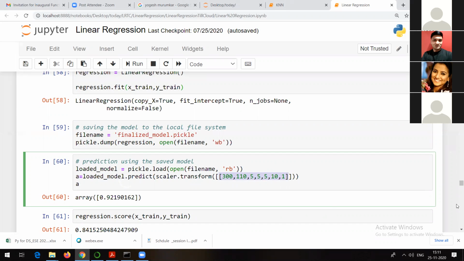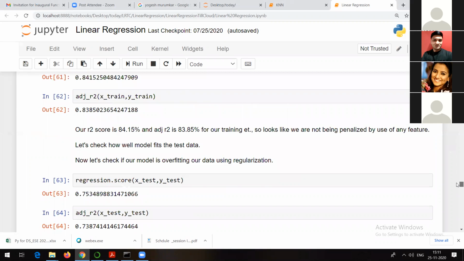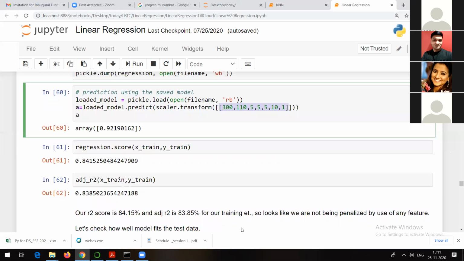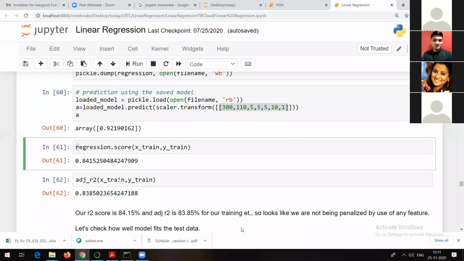After that, what I have shown is, if you try to see, I made use of some statistics just to check the accuracy. So regression.score, what is this? This is called the R square statistics. The R square statistics of our model is 84.50% for training data, and adjusted R square for our model is 83.85.